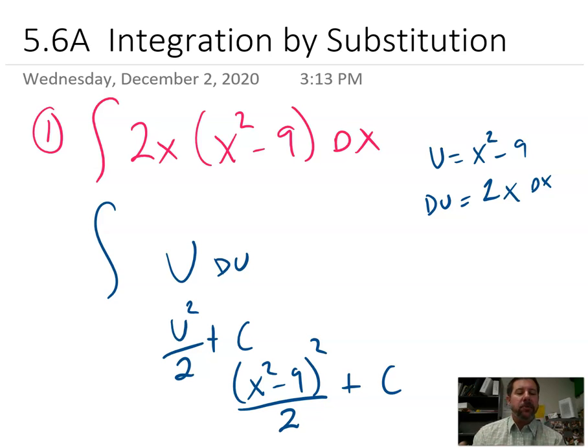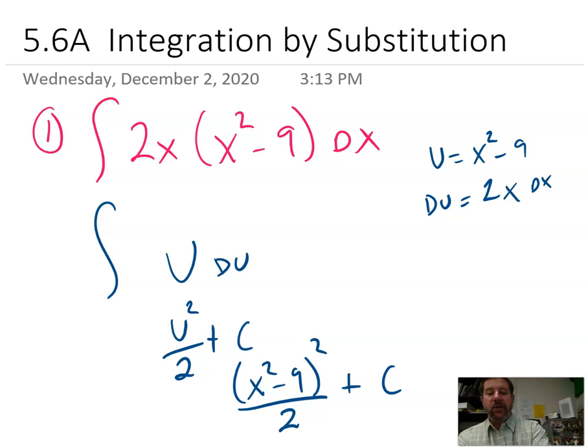But depending on a multiple choice test, they might have this answer if they wanted you to do it using u sub, or they might have the other answer if they wanted us to use the power rule. Sorry for the bell there. That was super annoying. All right, anyway,